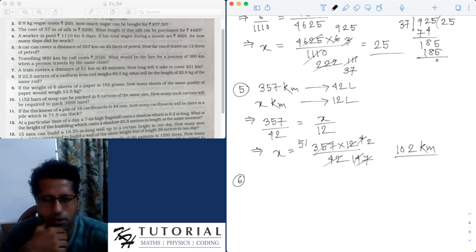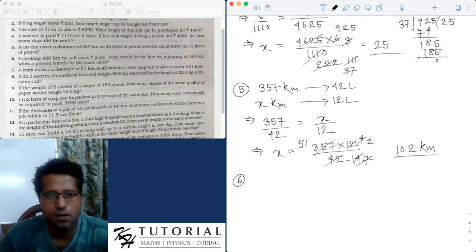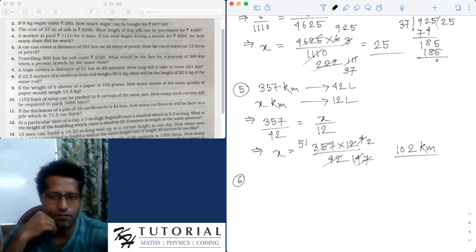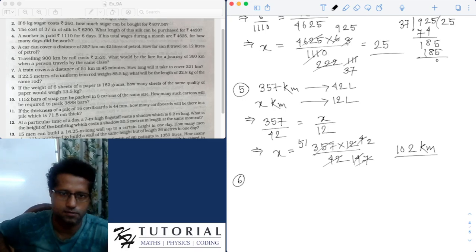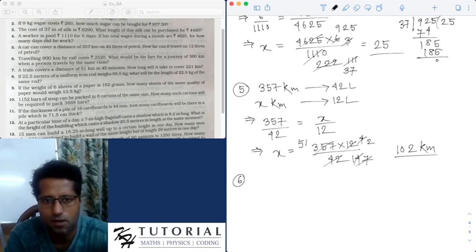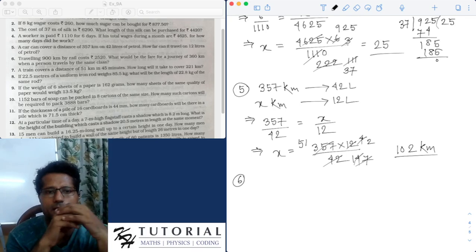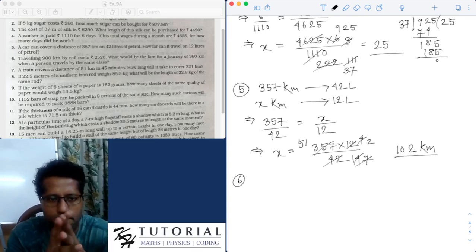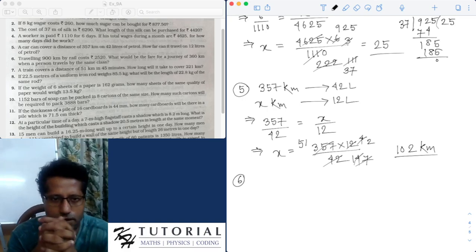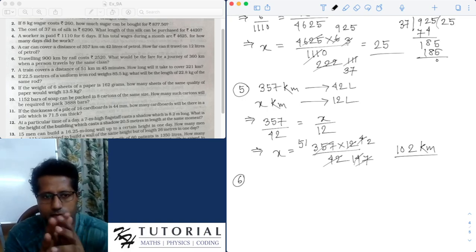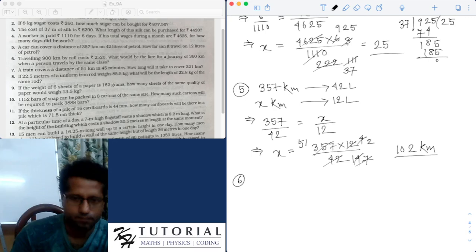Traveling 900 kilometer by rail costs what would be the fare for a journey of 360 kilometer when a person travels by the same class? Now, if you are traveling in a rail, definitely the cost varies from class to class. So it is talking about a particular class. So if you are traveling by rail in a particular class, then the more distance you will travel, definitely the cost will be more. So here the distance traveled and the cost is in direct proportion or direct